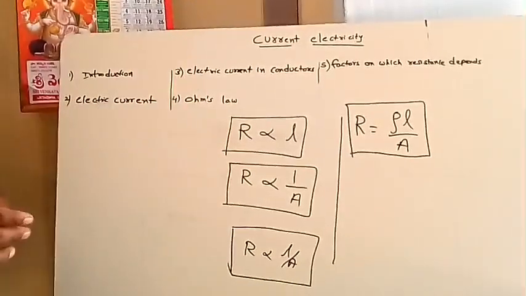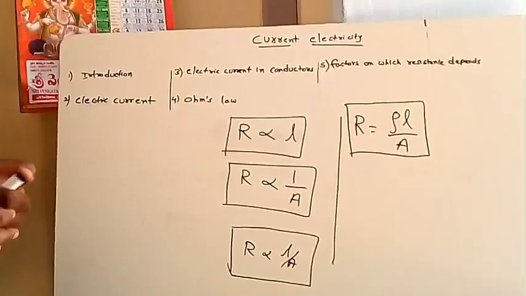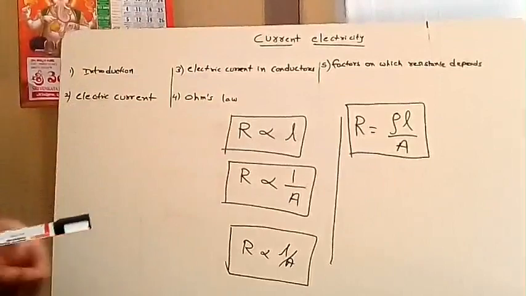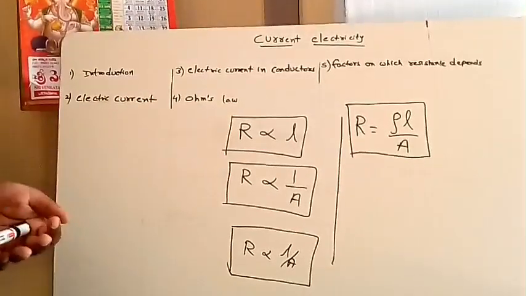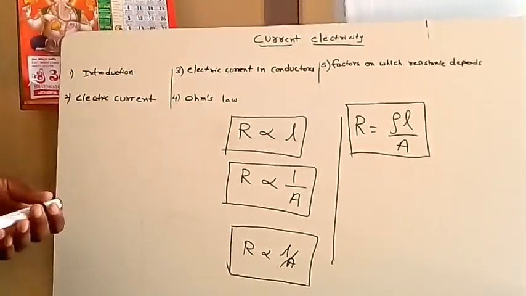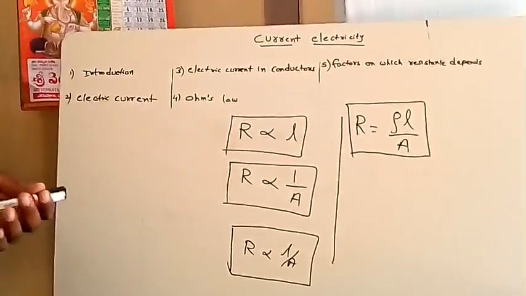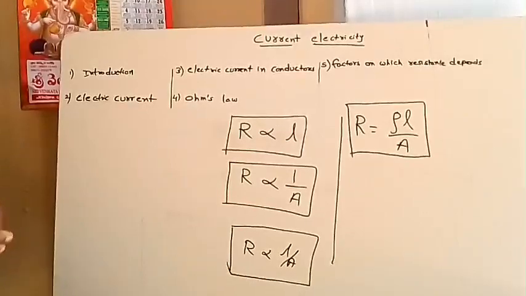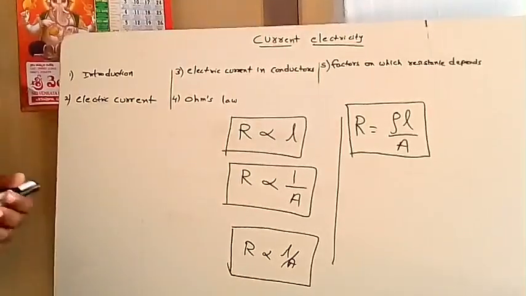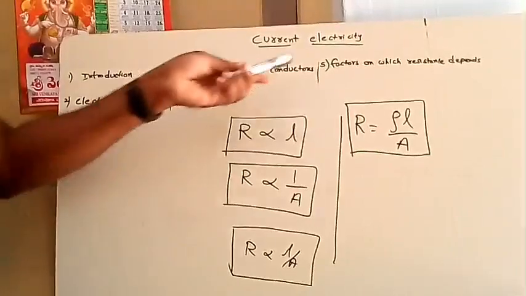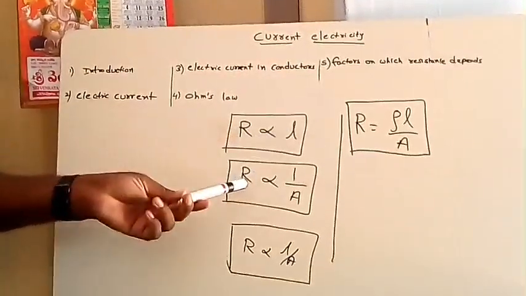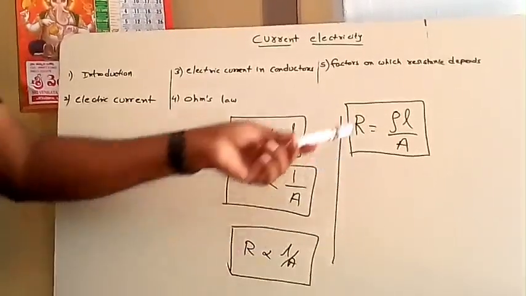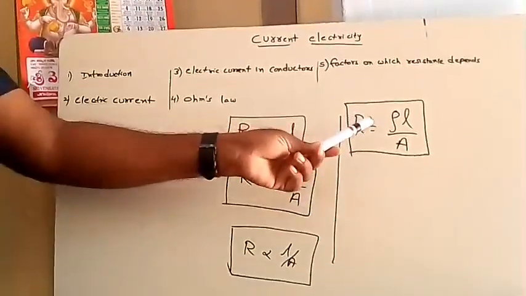Then what is the meaning of Ohm's law? The potential difference across the conductor is directly proportional to the electric current passing through the conductor. That is, V is equal to IR. That R is called the constant of proportionality, and we call it resistance. We already know the resistance unit is ohm. Next, name the factors on which resistance depends. Resistance is directly proportional to length and inversely proportional to area of cross section, so R is proportional to L by A. If I remove this proportionality, we can get R is equal to rho